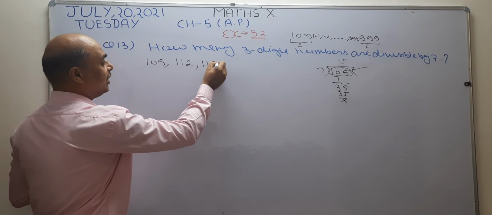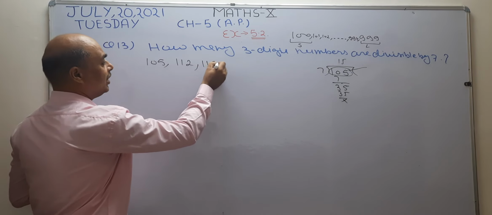Now, how many numbers are there which are divisible by 7 up to 999? So I am going to divide this number by 7. I want to check whether this number is divisible by 7 or not. 7 1s are 7. What is left? 9 is there. 7 4s are 28. What is left? 1 is left. I will take 9. Now 7 5s are 35, and 5 is left. If I subtract this remainder from this number, this is the required number which is divisible by 7. Now see, 999 minus 5 becomes 994.